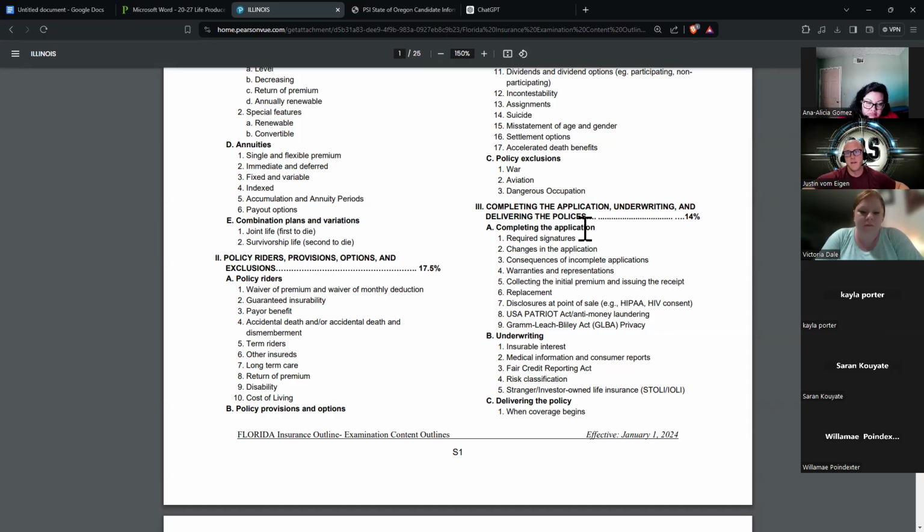Okay, so collecting the initial premium and issuing the receipt. When you sell a policy, it's ideal to get an initial premium. Make sure no one's in the waiting room. The ideal situation is that you collect the premium with the application. What happens when you collect the premium with the application, which is the money they're paying for their policy, you collect the first premium when you do the application,